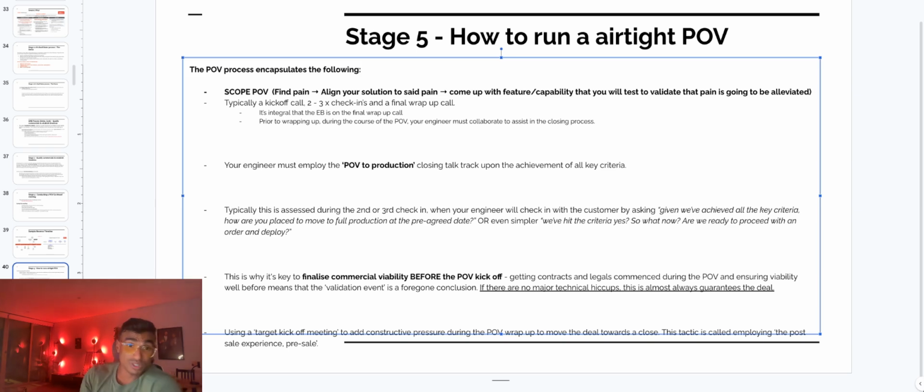So God forbid you've talked a big game and then you get to a proof of value and then your tech fails, right? Shit happens. So that's just the reality of the game that we play. Now,